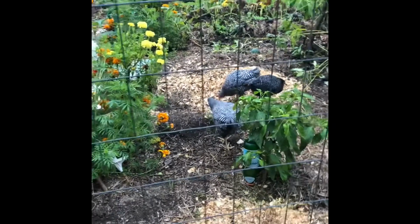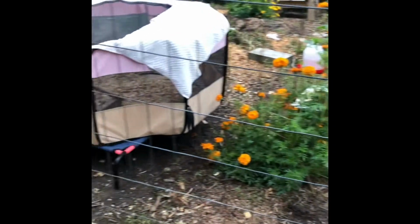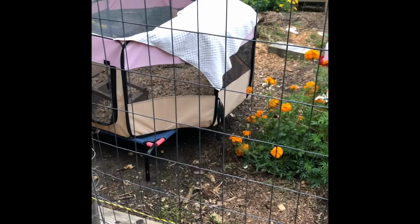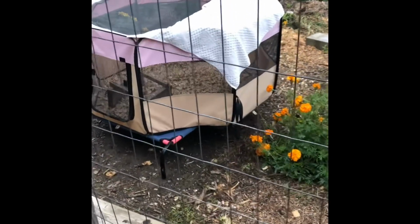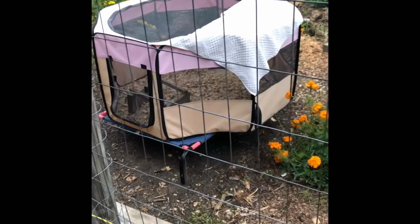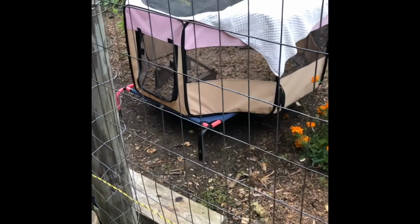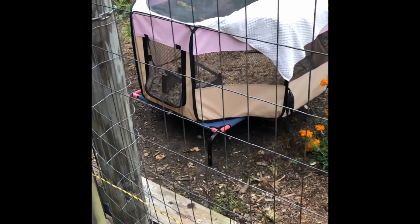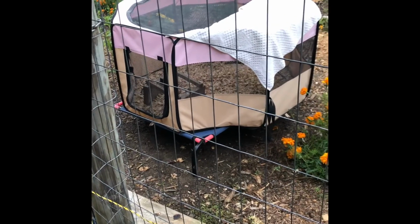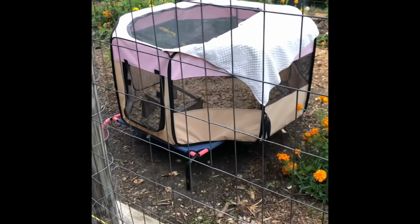That is characteristic of the Dominique breed, and they are staying close over here to the brooder. This has been the setup that they've been in for the last 9 weeks. I had a second one when they were smaller. For the last 2 weeks or so, the pink brooder here, we had it on a dog bed and we were carrying it in and out of the garage. They would stay in the garage overnight and then I would bring it out on the porch, very close to the yard. And then the last week or so, we've been taking the whole thing and setting it out here in the garden